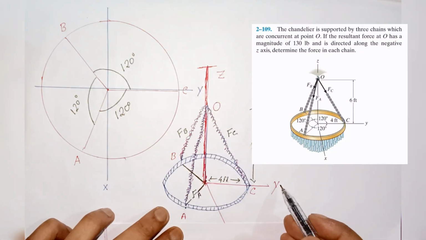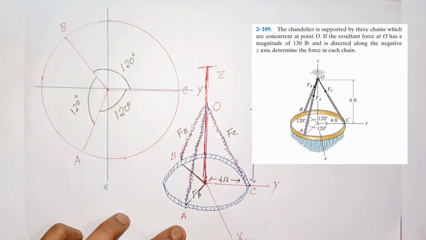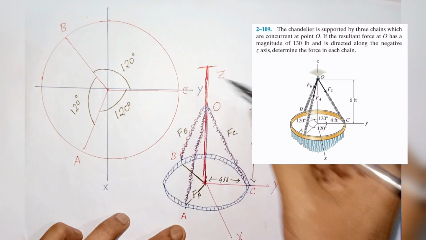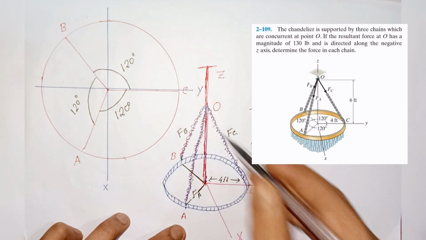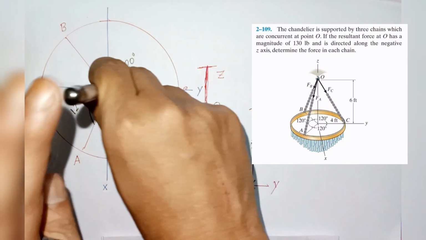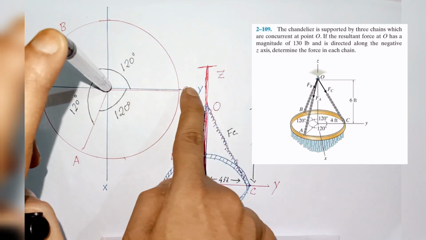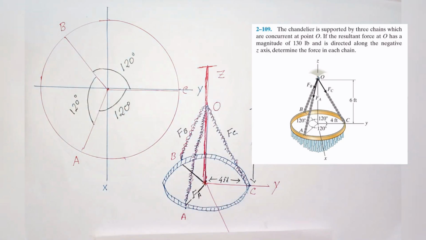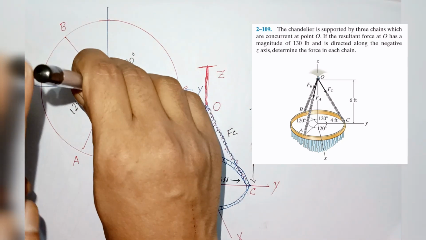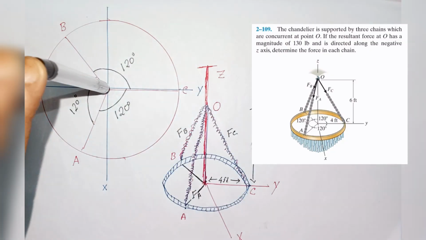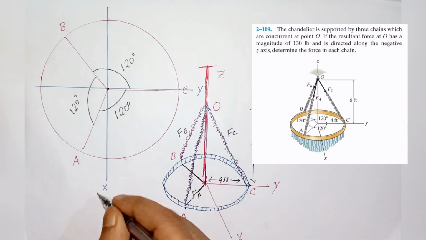This is the C point on the positive y-axis. This is positive x, this is y, and this is z. I have already drawn a circle, which is the free body diagram of the question's circle sections. Here the right side is the positive x-axis, the lower side is the positive y-axis, and my black pen is the z-axis. Okay, let's find the coordinate of C.